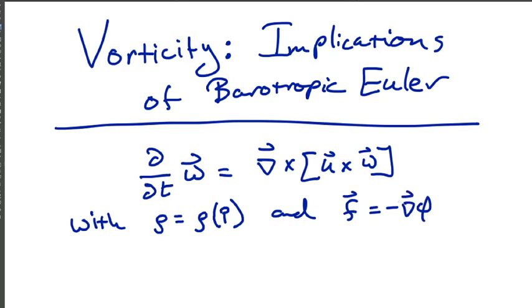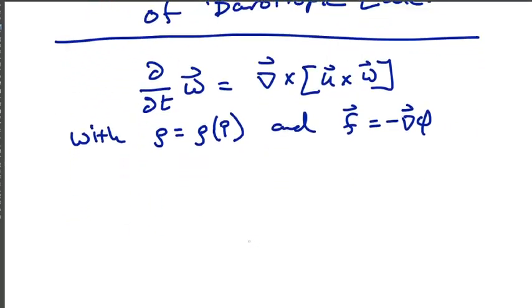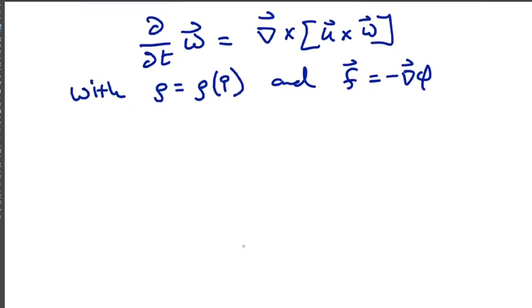We've assumed a barotropic equation of state, but we have not assumed incompressibility to get to the simplified momentum equation form where the vorticity is given only by the curl of u cross omega, a nonlinear interaction. I want to consider two implications. First, for this system, if the vorticity is 0 at any time,